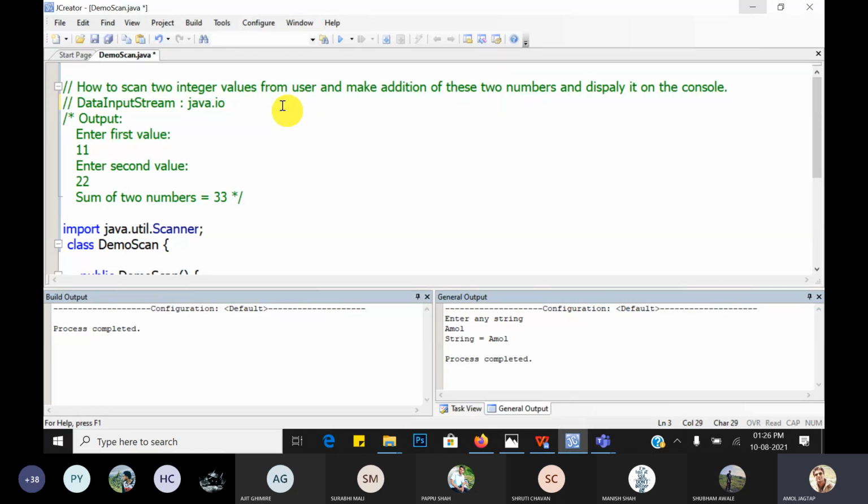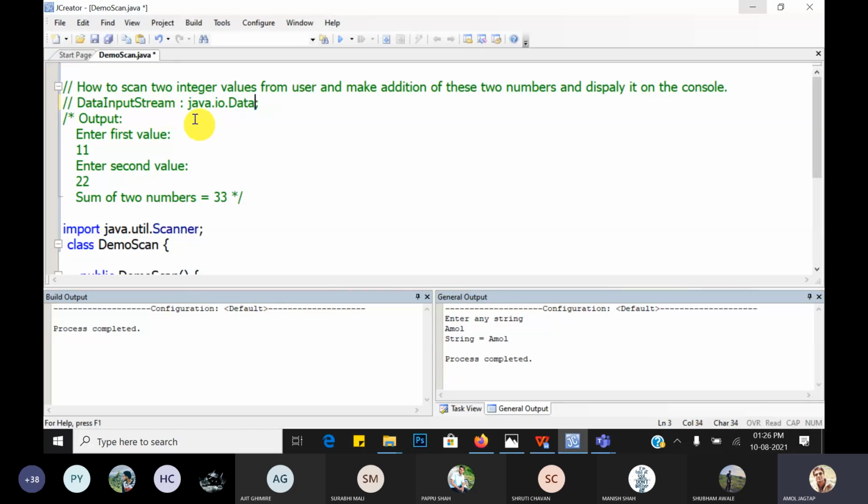So you can write import java.io.*. What is the meaning of the star? Star means import all the classes present in the io package. If you want to import only a particular class from the io package, then write the name here, similarly, java.io.DataInputStream, like that.